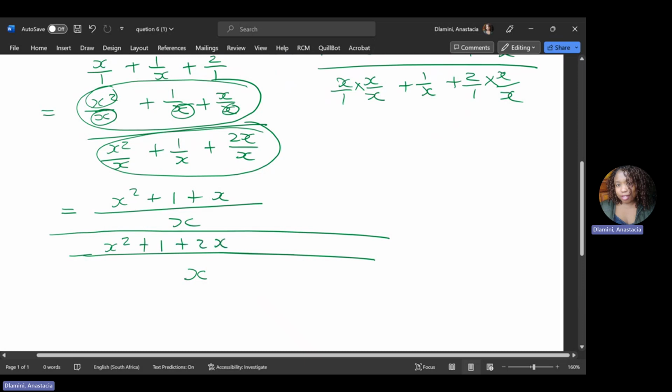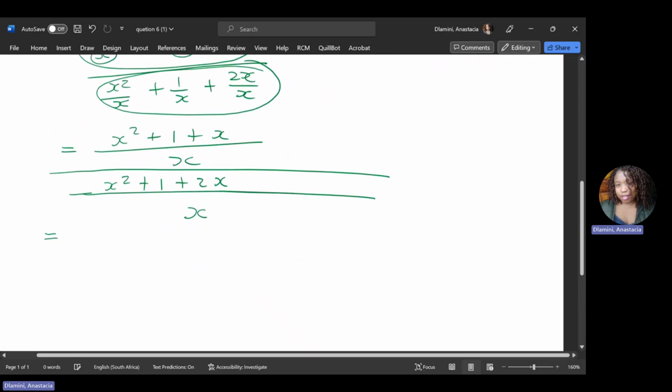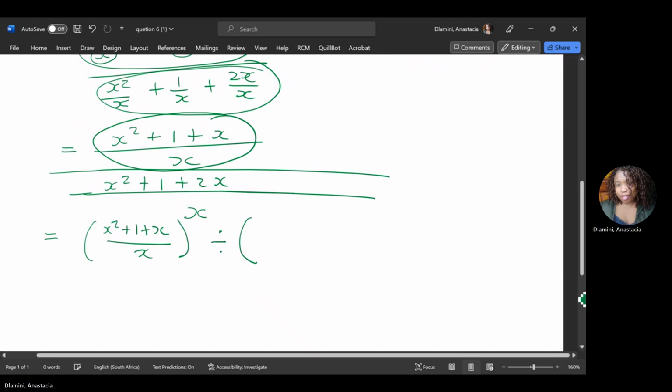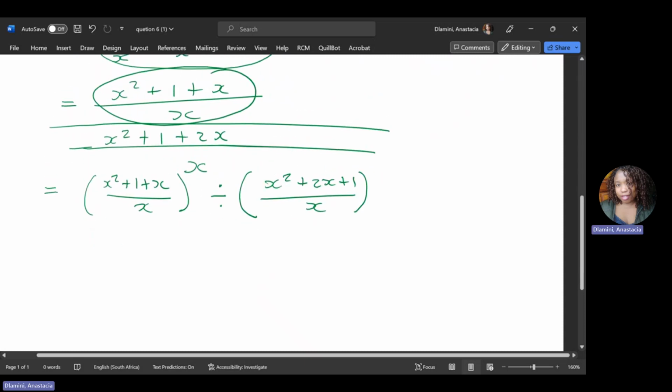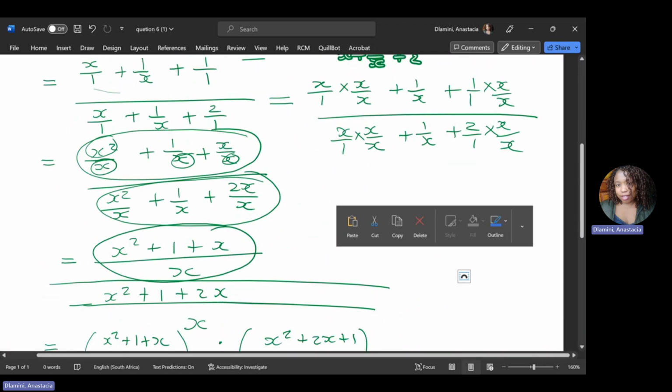Now, to write it more clearly, this will be X squared plus 1 plus X, over X, divided by X squared plus 2X plus 1 over X. Now we use what we learned in the previous video, that we can change this division sign to multiplication. But once we change the division sign to multiplication, this entire term here,